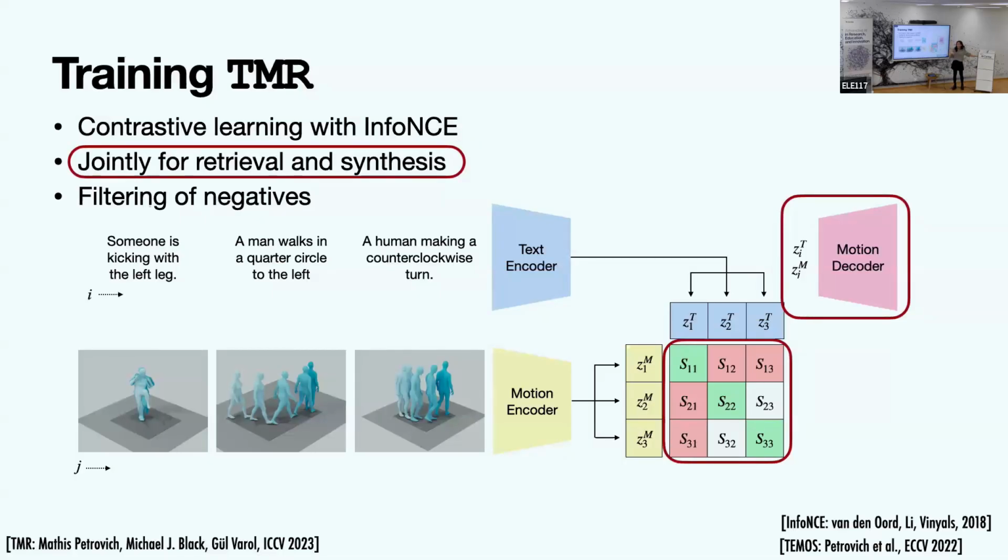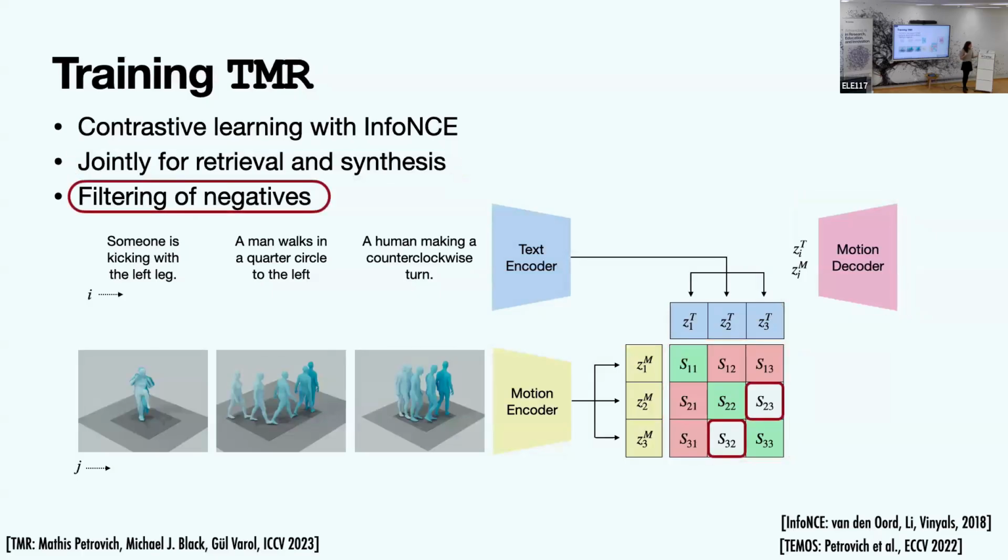So if you've only seen, I don't know, a left kick with waving hands in the batch, maybe you don't even encode left anymore. It's enough to just encode kick. So you can discard some of the words, but if you need to generate it, then you have to pay attention to all the words. So this is the same idea as BLIP in image text retrieval. They also have a captioning loss to make it pay attention